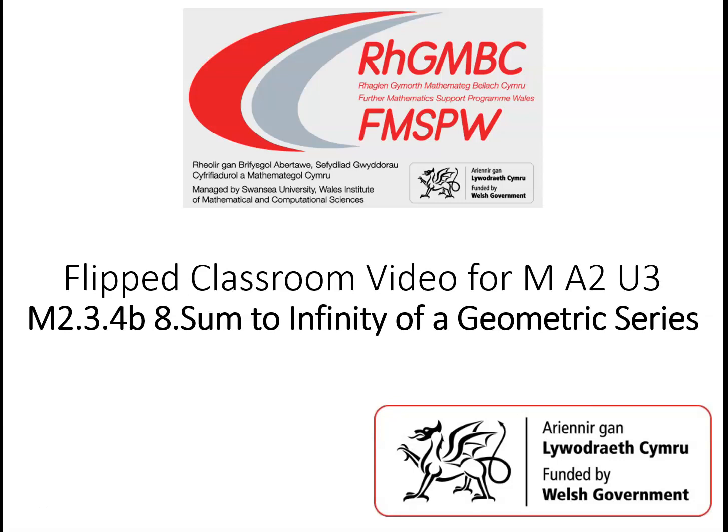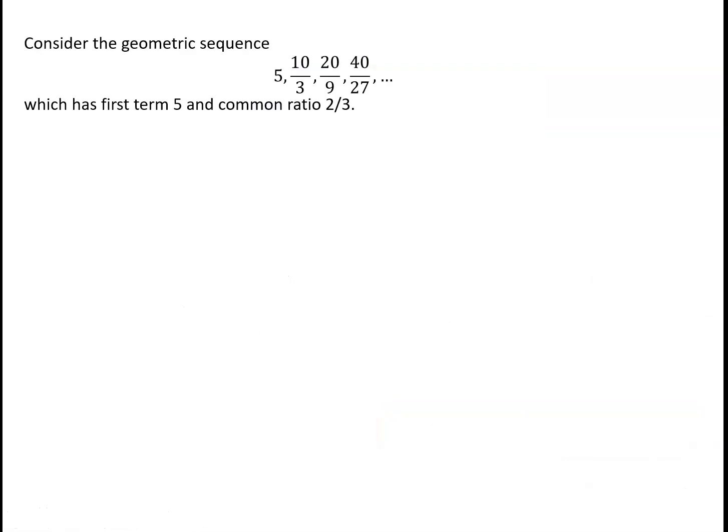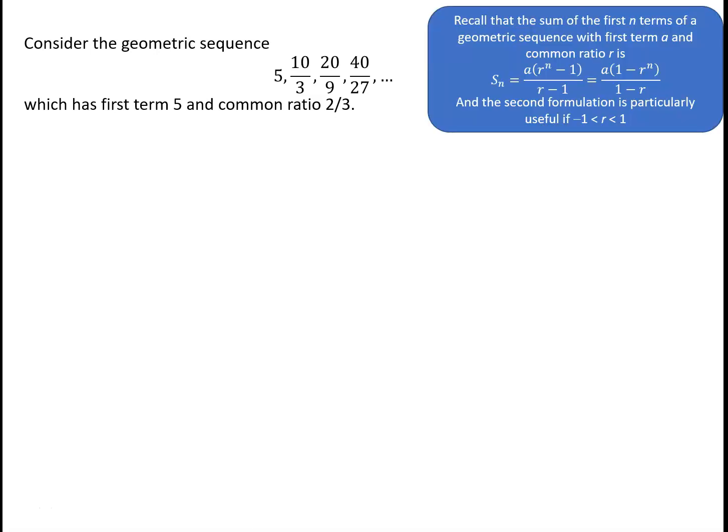In this video we look at the sum to infinity of geometric series. If we consider the geometric sequence 5, 10 over 3, 20 over 9, 40 over 27, etc., which has first term 5 and a common ratio of 2/3, remembering that